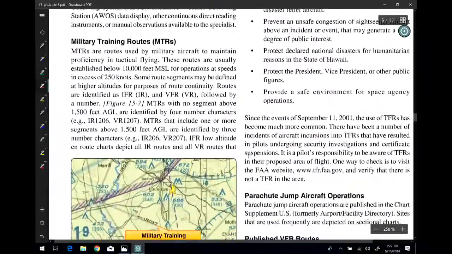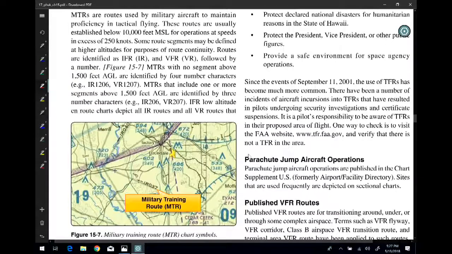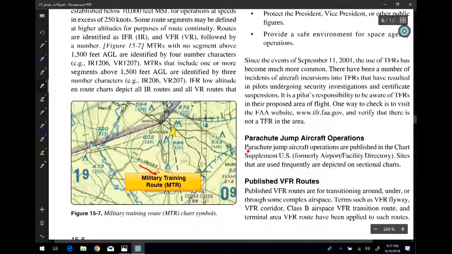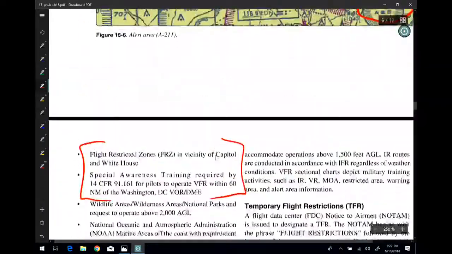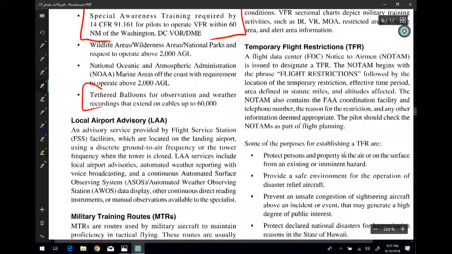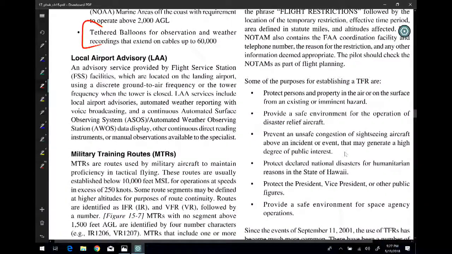Military training routes. I'm not going to hold you to all of the rules and regulations about a military training route, but when you see them here, you can see what they look like on these charts. Now the IR stands for instrument routes, and you'll have a VR there for 037 if it's a VFR kind of route. But those are their little highways in the skies. TFRs, temporary flight restrictions, those are going to be things like if you have firefighting, that's what we're going to see a lot of in the summer, and you'll see these red dots that show up out there around some of the forest fires out in the west.